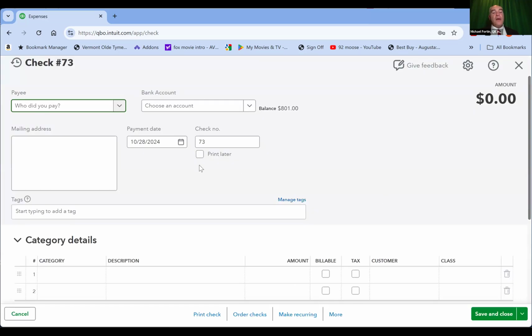Okay, so if I was going to enter a check for this transaction, you see how it says check number 73. So it's the next check in the sequence. And this screen looks just like the Write Checks window that I used last time. And it is. So just to show you, you can enter checks from that screen also.